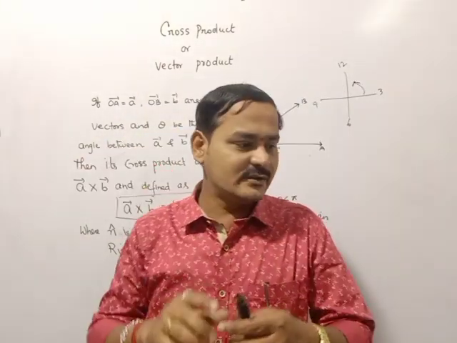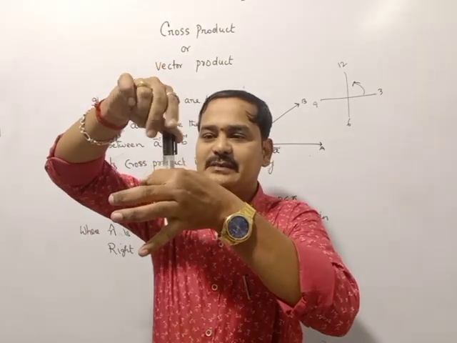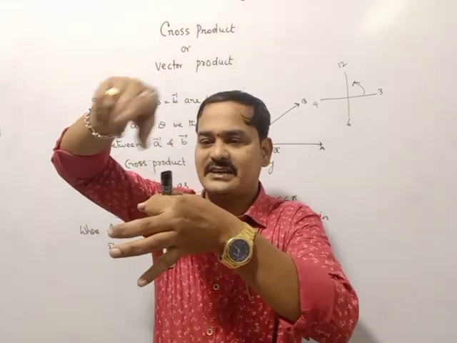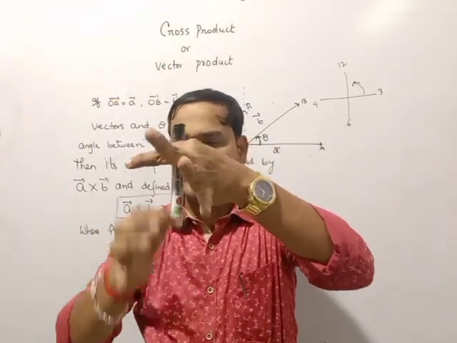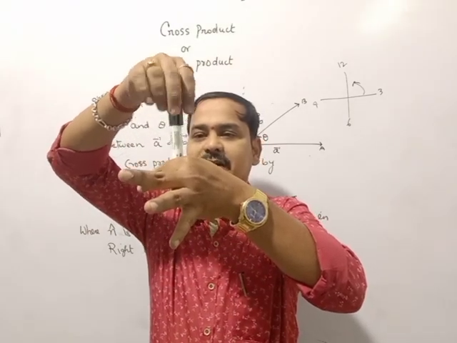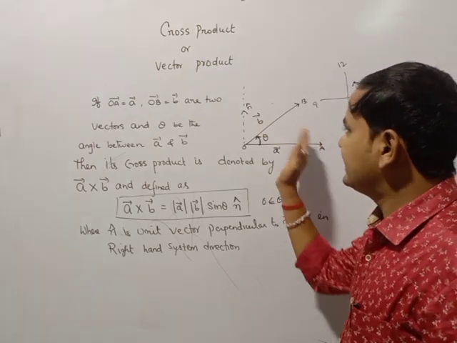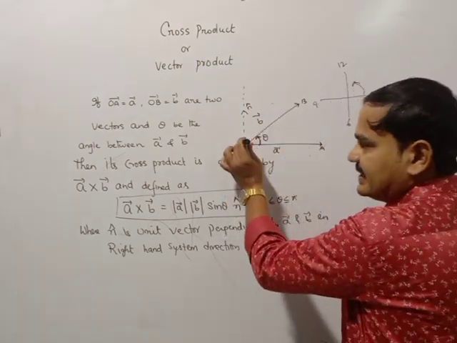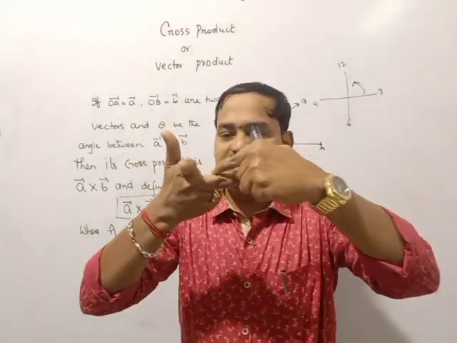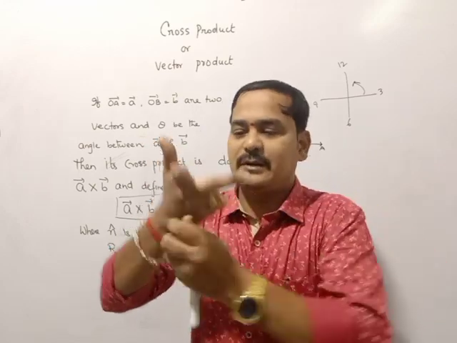See, if you take a screw, this is like a screw, means it is the pole. If you rotate like this, it will be going inside. You can measure in the clockwise direction. Clockwise direction means it will be going inside. If you multiply in the opposite direction, it will be coming in the upward direction. So if you measure in anti-clockwise, it is in the upward direction. If you measure in clockwise, it is in the downward direction. So if it is A bar and this is B bar, suppose you multiply A bar to B bar, means.